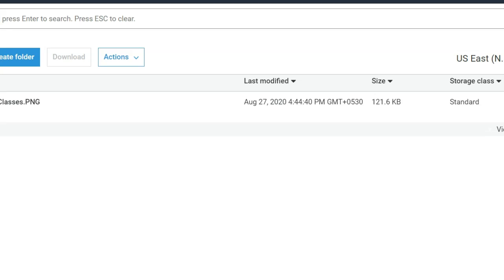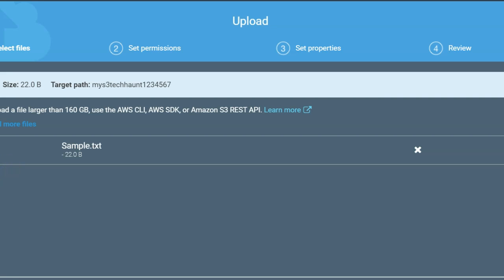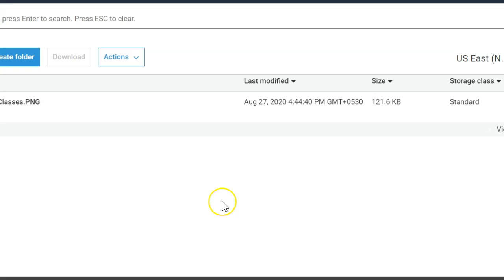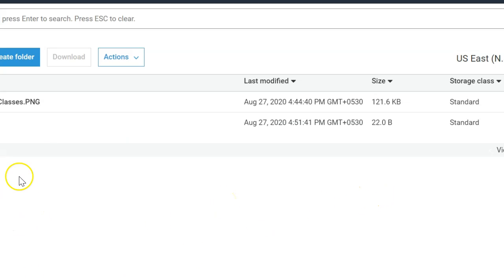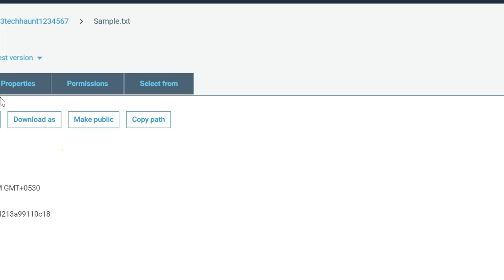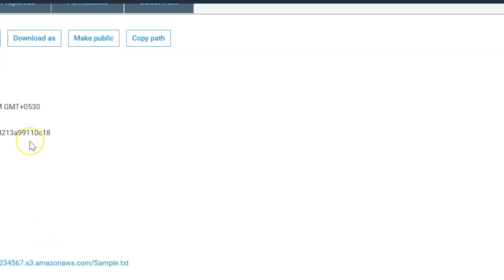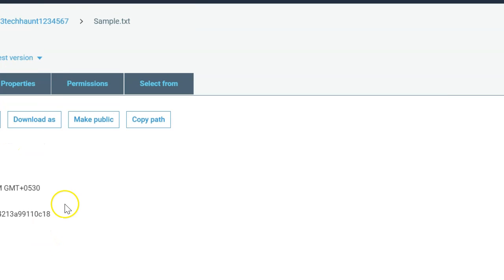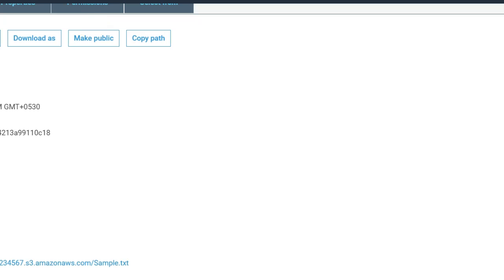I've saved it, that's fine. So I'm uploading one text file into my bucket, just drag and drop and hit the upload button, and it should be finished in a few seconds. Okay, let's see what my content is here. It contains 'this is version one of me' in this text file, and because I made this bucket public, I can access all the objects inside my bucket.